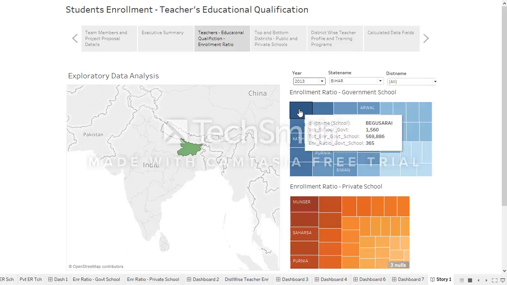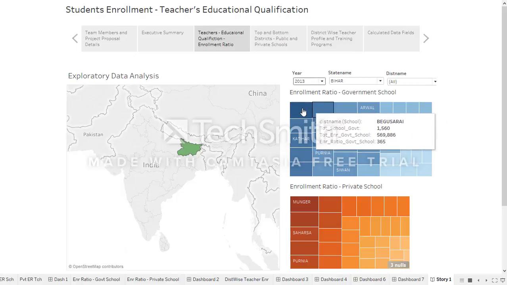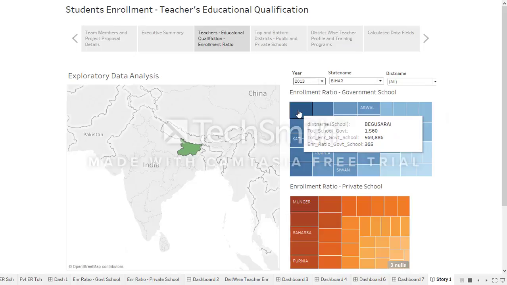And if you hover onto the enrollment ratio, be it government school or private school, you get to know the number of schools in that particular district. And these are again sorted by the top enrollment ratio,